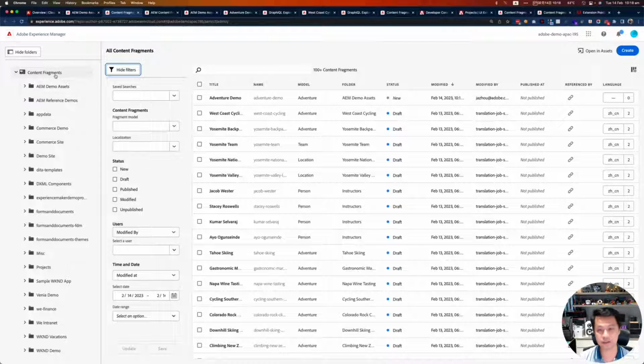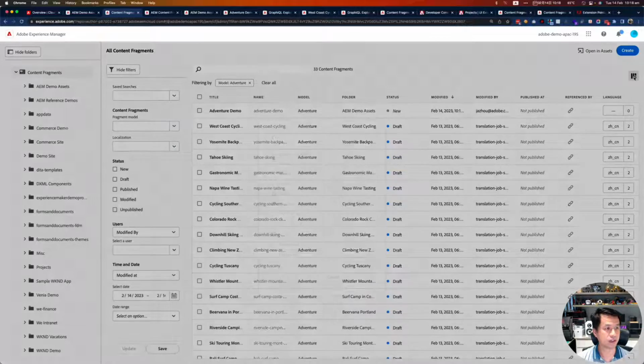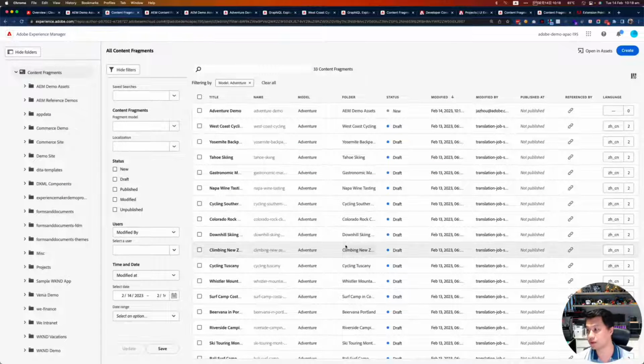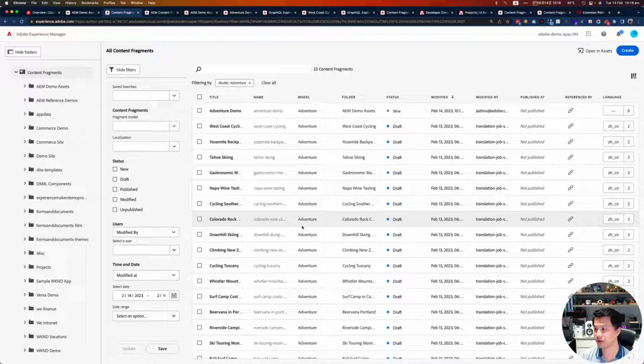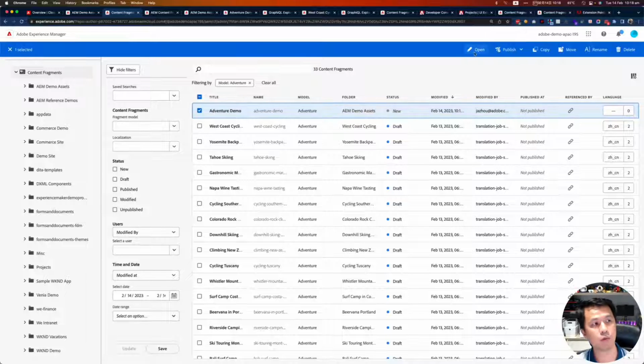Apparently, you can still stick with the old approach, using this folder structure to navigate. But you can also use the smart search now. We can refine by the fragment models you want to filter, and you can also filter by user and by date range. You can also use this custom table to show and hide which columns, or attributes of the content fragment, you want. This provides what I would call a one-stop experience for the content fragment author to do their day-to-day work.